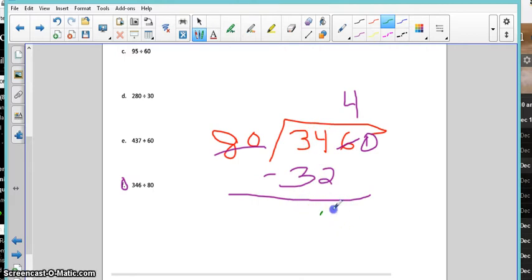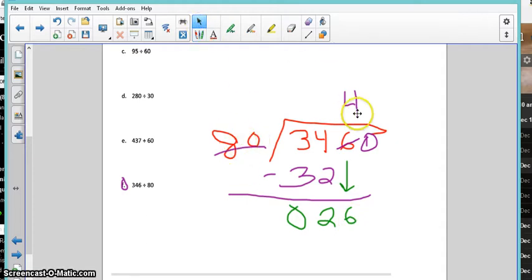4 minus 2 is 2. 3 minus 3 is 0. So yeah, this is really just long division, the old-fashioned way. Not estimating, but we do need estimation in order to do this quickly and efficiently. So that's our answer. Bring down. So 0, 26, so 26. How many 80s go in, and this guy should be